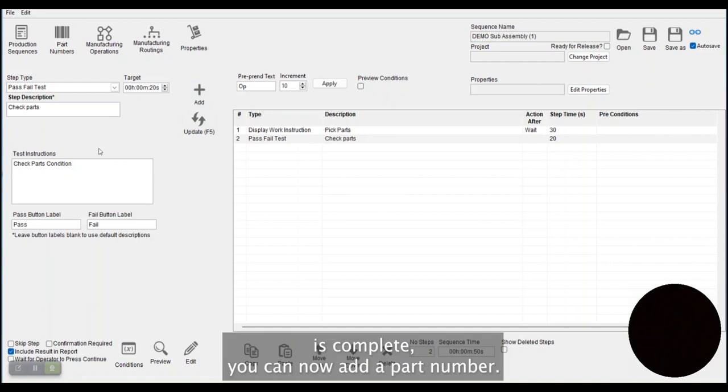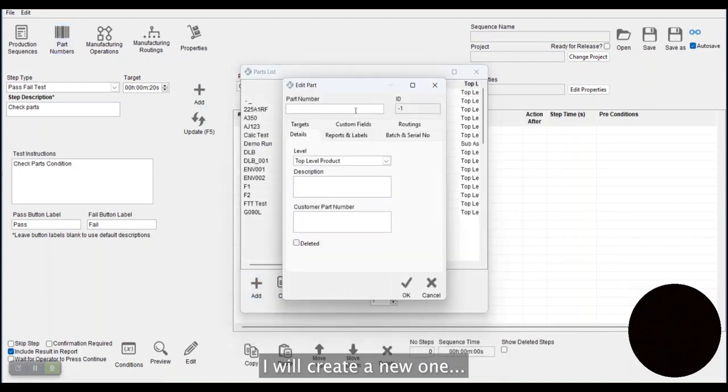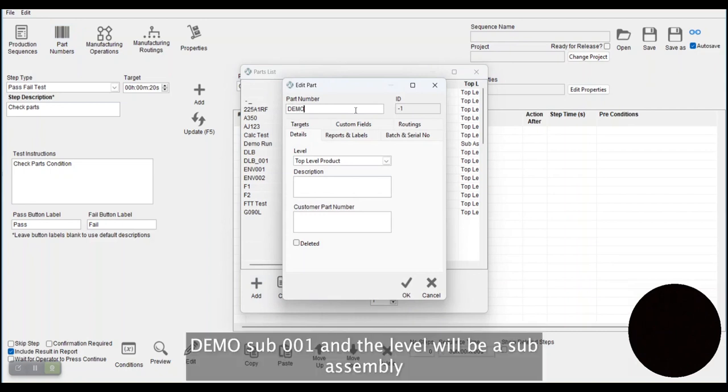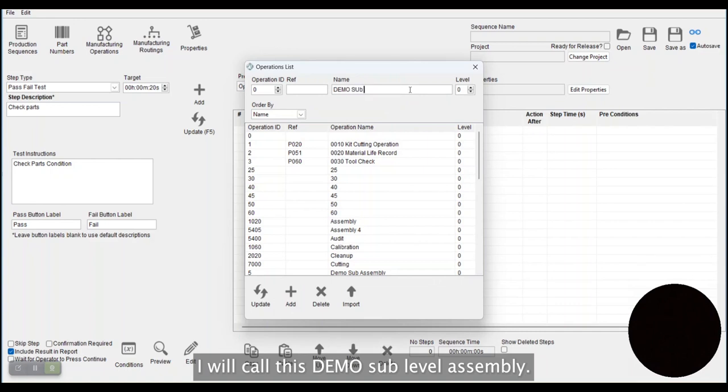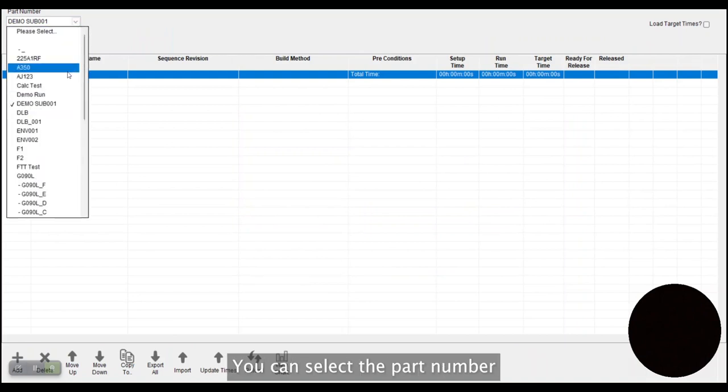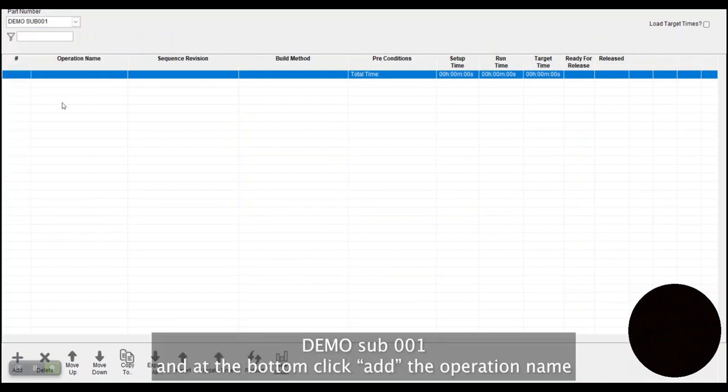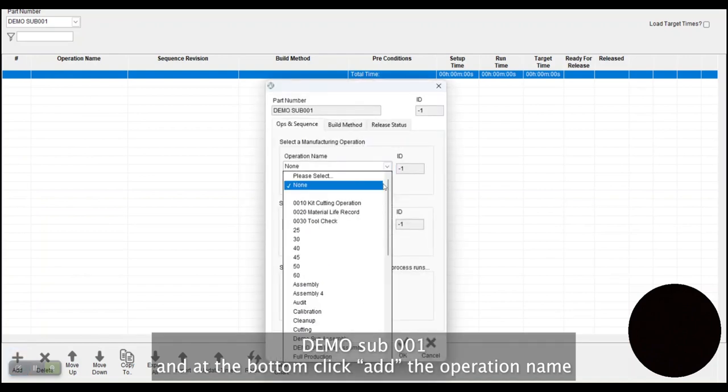Once your sequence is complete, you can now add a part number. I will create a new one, Demo Sub 001, and the level will be a sub-assembly. For the operation, I will call this Demo Sub-level assembly. You can select the part number Demo Sub 001 and at the bottom click Add the operation name,